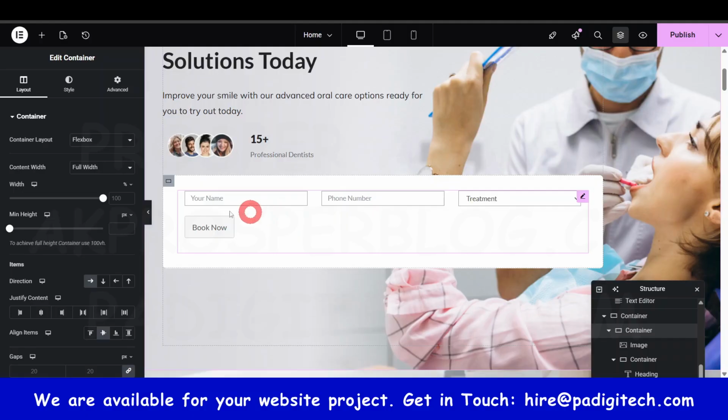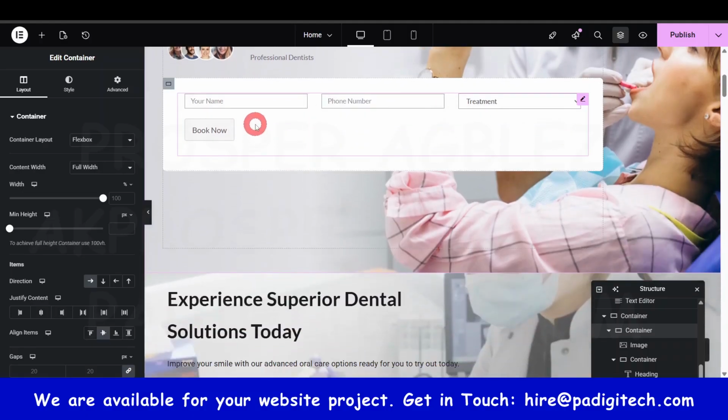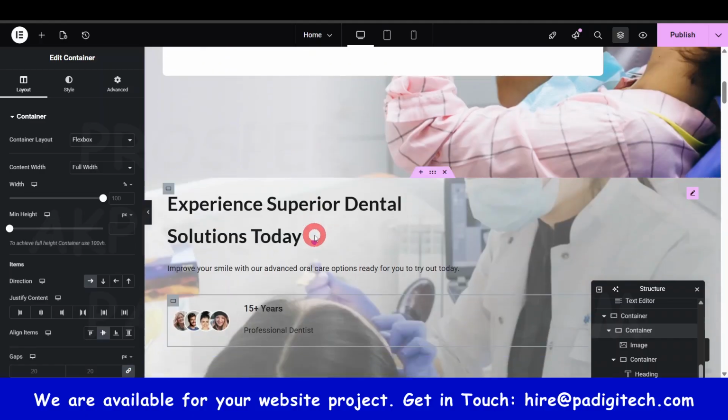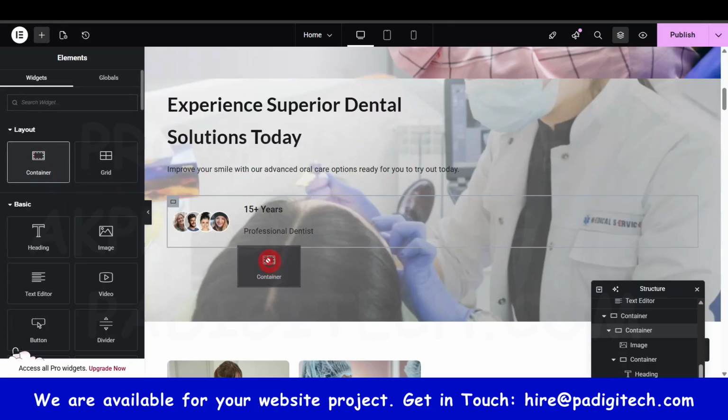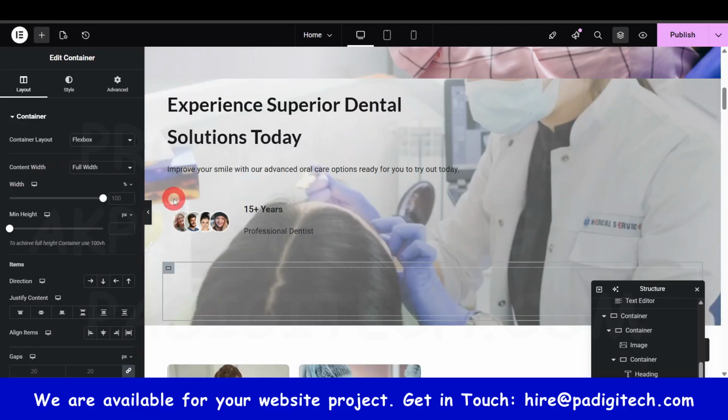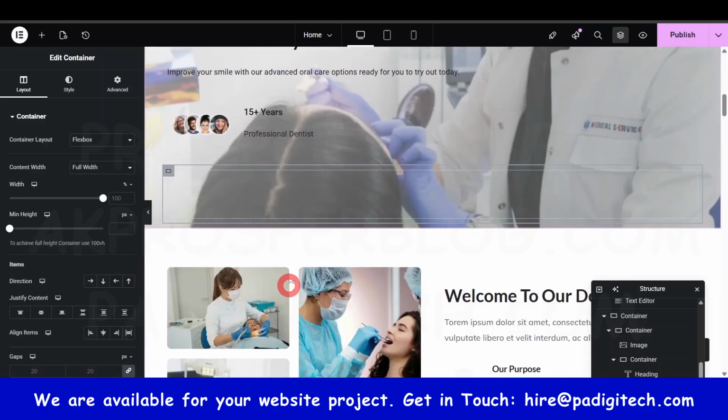All right, so the next one is what we are having here, and this was done using another container. So what we'll do is we bring in another container again, you click on the plus and then you drag that one below it. So this is a separate container now. You are not bringing it into any of this. Okay, now for this particular container,